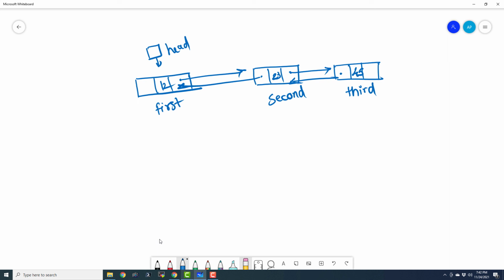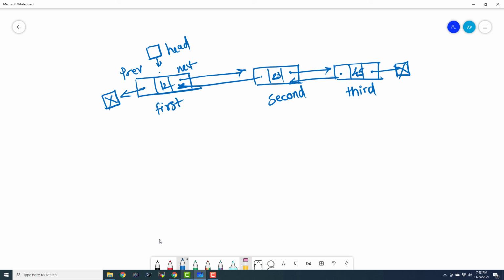So here we have a doubly linked list. We call it doubly linked list because it has got 2 pointers. The first pointer, that is the next pointer, points to the next node, and the previous pointer points to the previous node. So here the previous pointer is going to be null or none. So this is the first node and this is the terminal node. And we can always use this doubly linked list to represent our data.